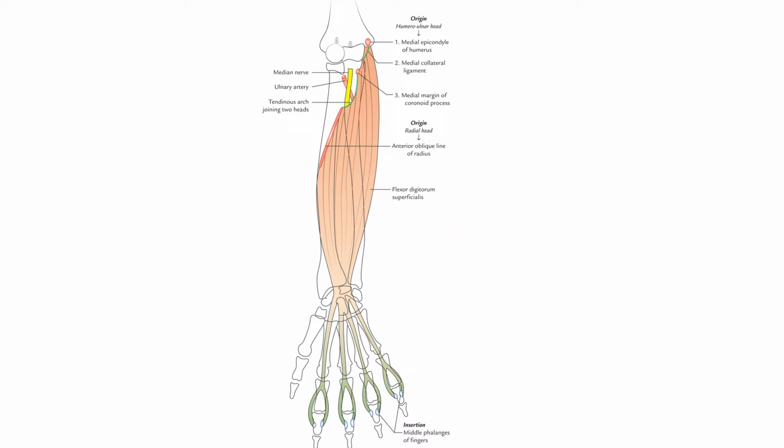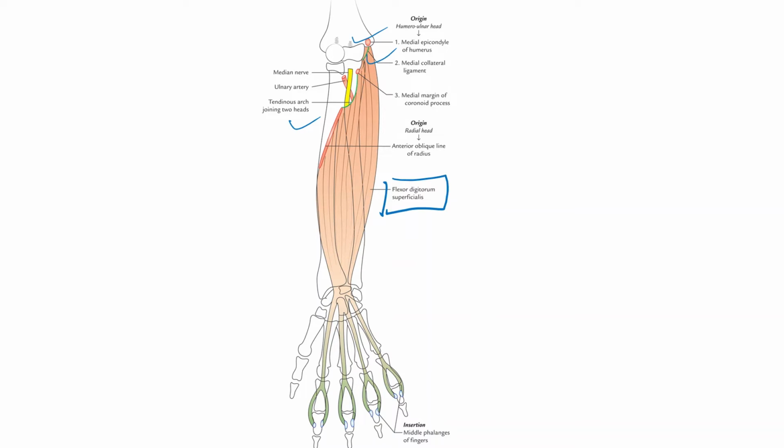Here comes the bulkiest muscle in the superficial group, that is the flexor digitorum superficialis. The flexor digitorum superficialis mainly takes its origin from almost all the three long bones, that is the humerus here, the radius and the ulna. So the origin of this flexor digitorum superficialis is from the humerus, the radius and the ulna.